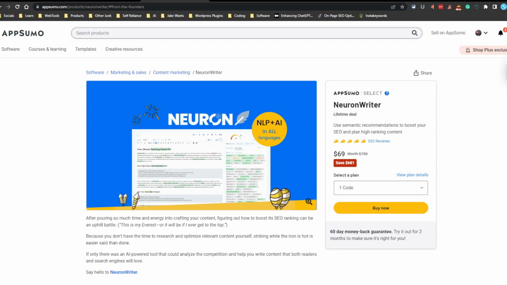Everybody, we are back with another AppSumo highlight deal. This time we're looking at Neuron Writer. Neuron Writer is a semantic NLP AI content optimizing software. That's a lot harder to say than I expected. So basically what you can do is take your existing articles, toss them into Neuron Writer, and optimize them to